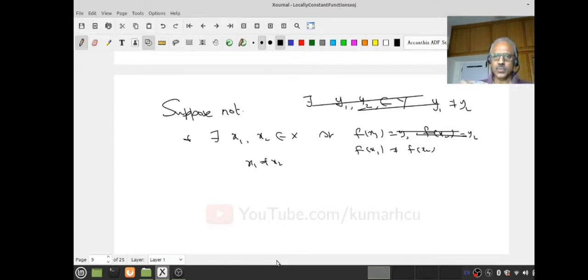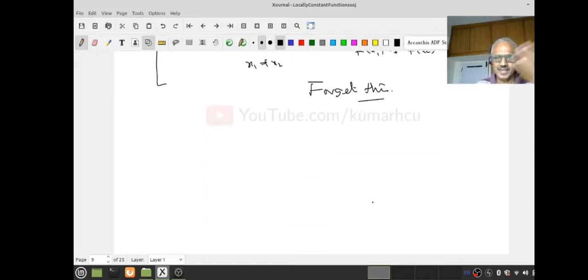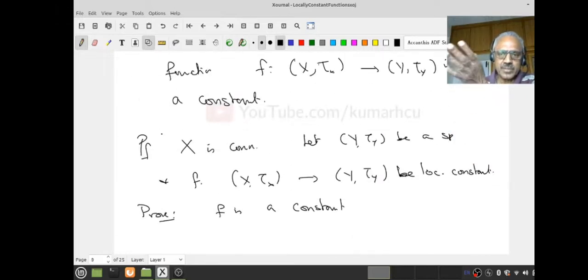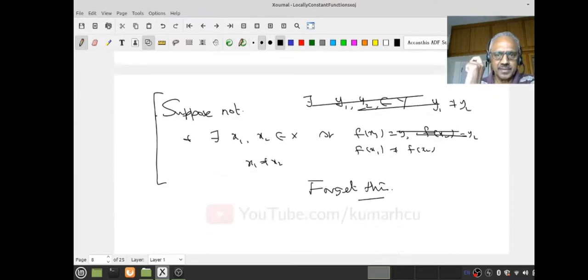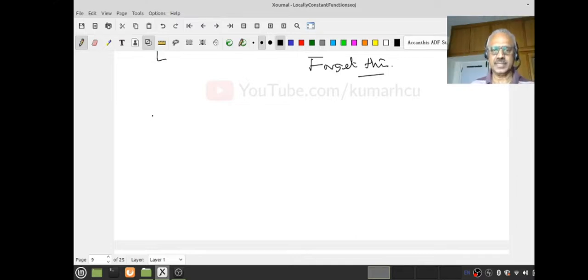Very good. Now what is it that I want to prove? I want to prove it's a constant. In fact I don't even need this. Forget this. So you can see I am thinking. I thought of a better way, because this is not a very well-known result, but it's a very beautiful result. The reason is the proof which I'm going to give is a typical way in which the connectedness hypothesis is exploited. Suppose you give me X is connected, then I want to prove something. How do I do that?